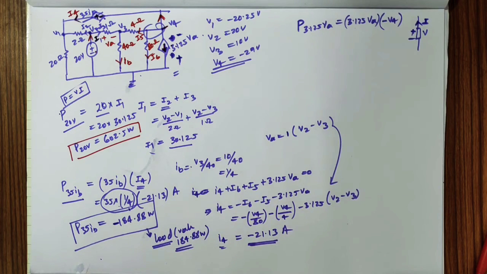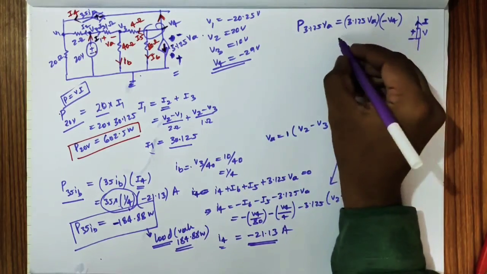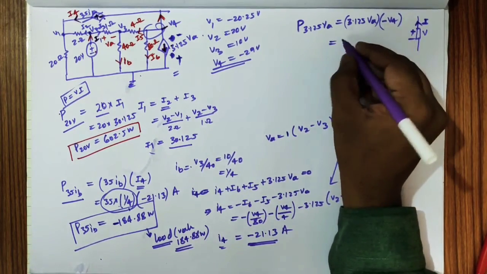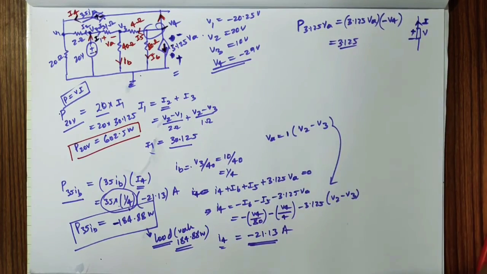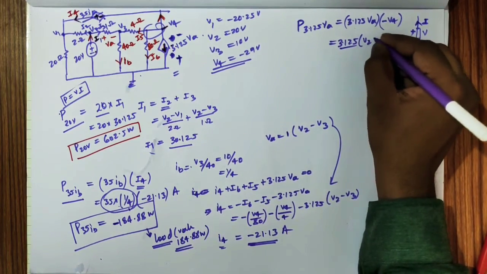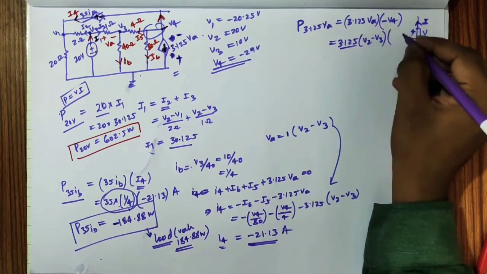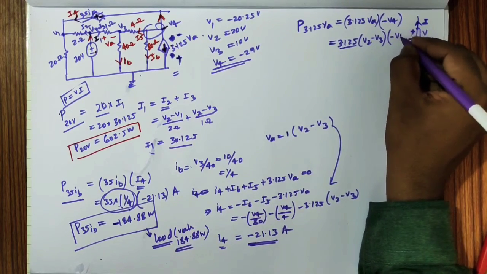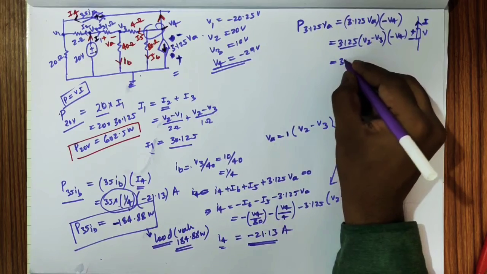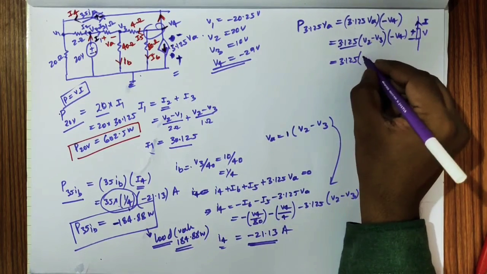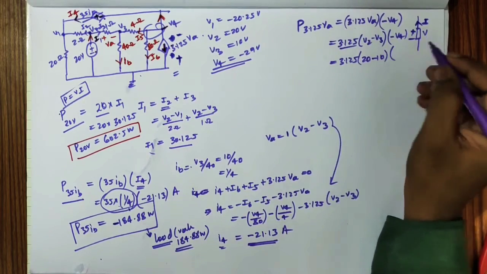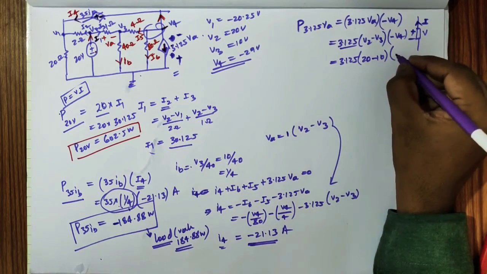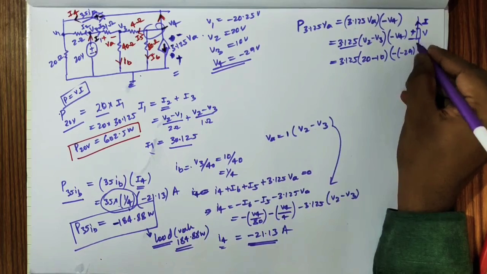So already we have a V4 value. Find that: 3.125. What is the value of VA you got? VA is V2 minus V3 minus V4. So with 3.125, V2 is 20 minus 10, and again V4 minus V4 is minus of minus 29. So you obtained a value of